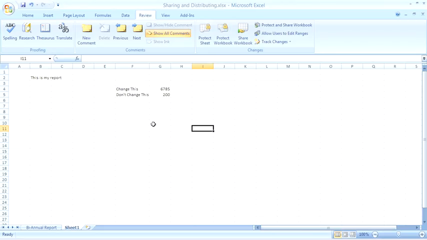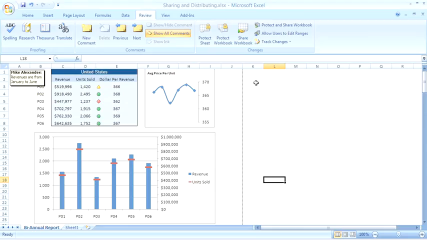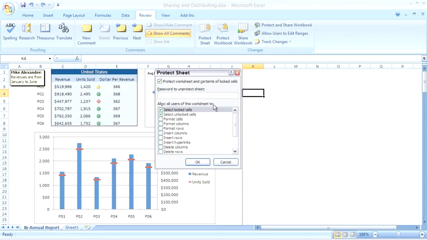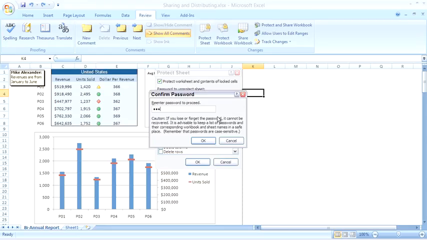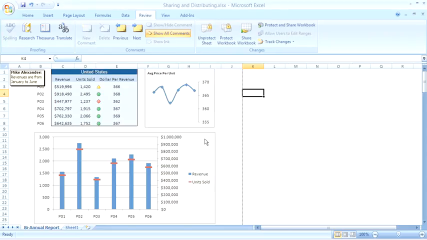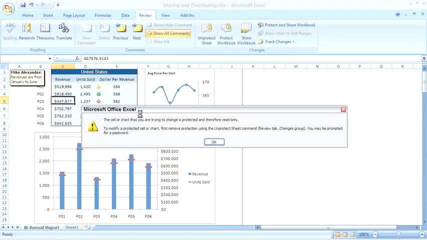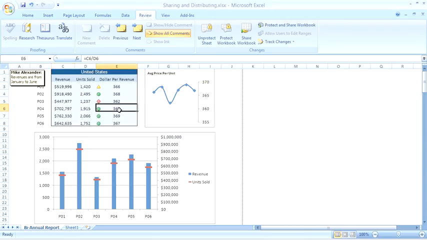Although it's hard to imagine why you would want to protect a sheet like this, imagine if you had an annual report like this, where it would be easy to change these numbers here, thus changing the charts. I'll hit undo here to undo that change. Well, with something like this, you can definitely protect the sheet, set a password, abc, reconfirm the password. Now we know that no one's going to be able to change any of the data in here. And again, to unprotect,